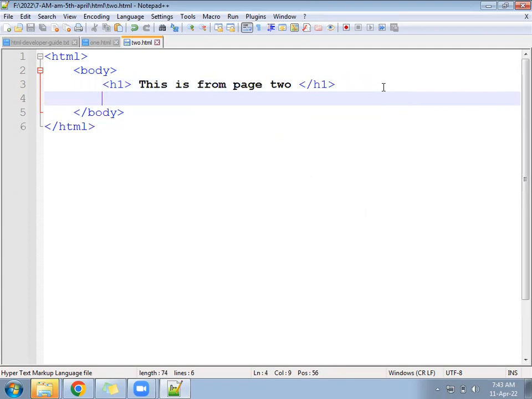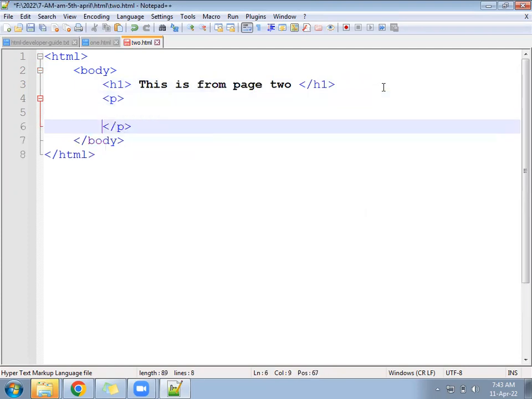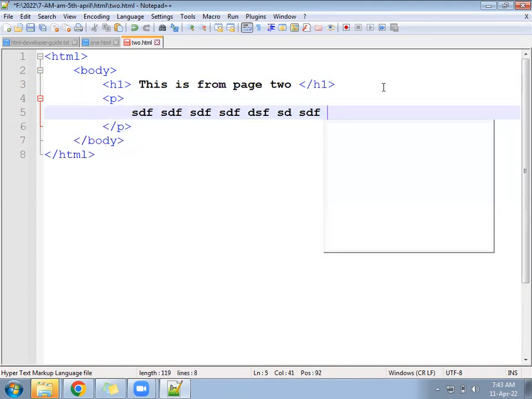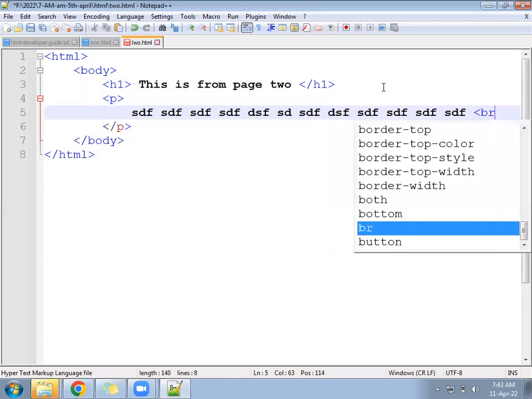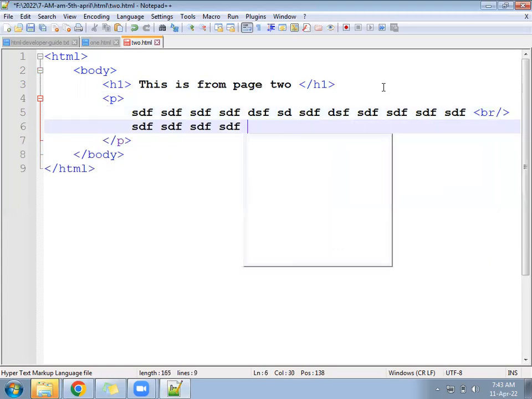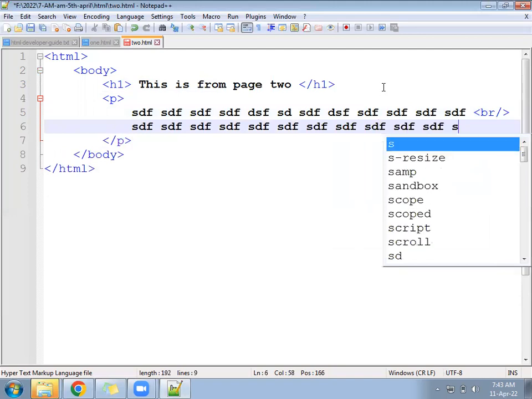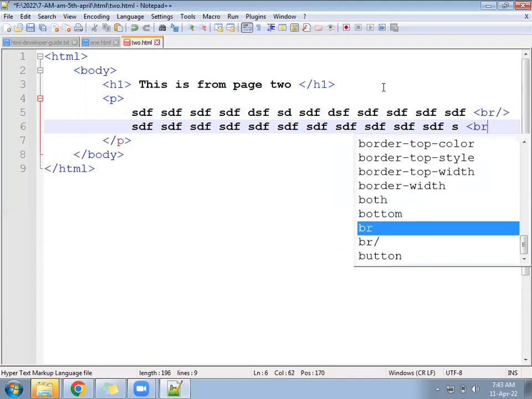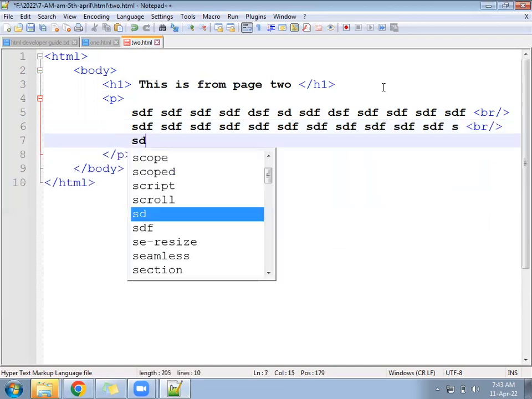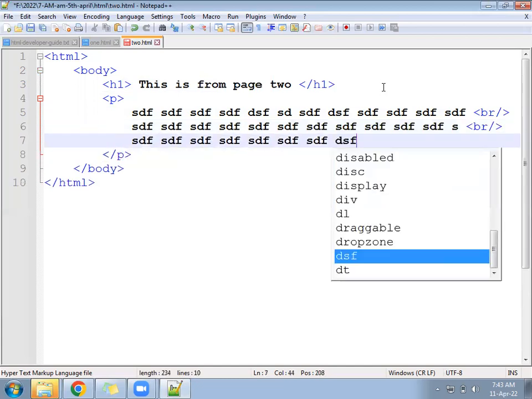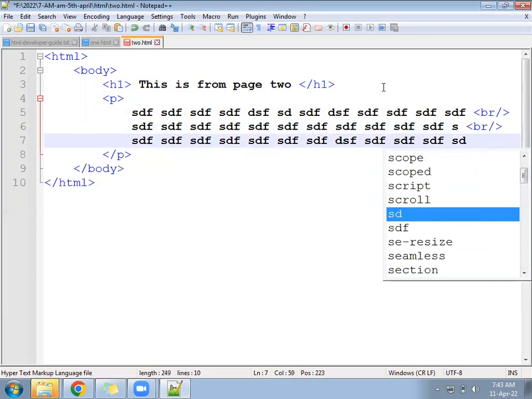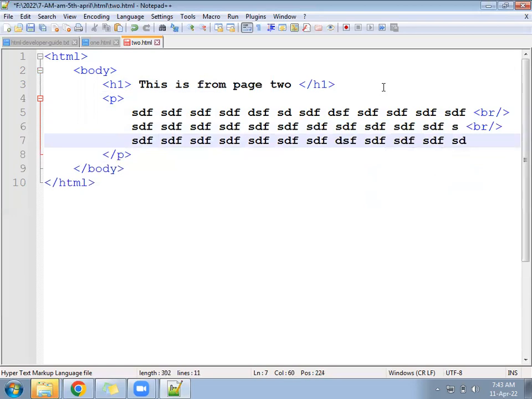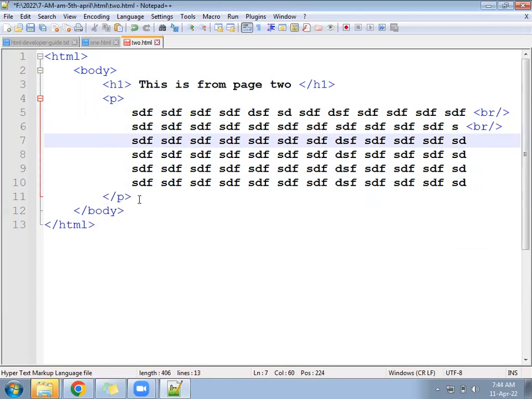Now write inside again a paragraph. Text we can write here ABCD. We can use a BR tag. Something we can write here. For one more BR tag. Same line you can copy paste many times. Come at last, right here A